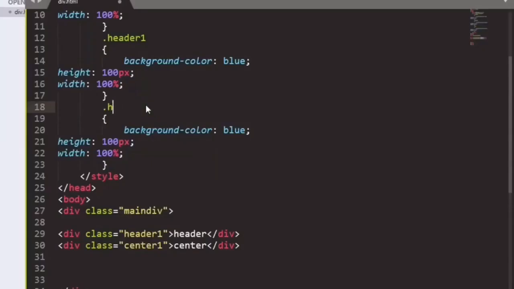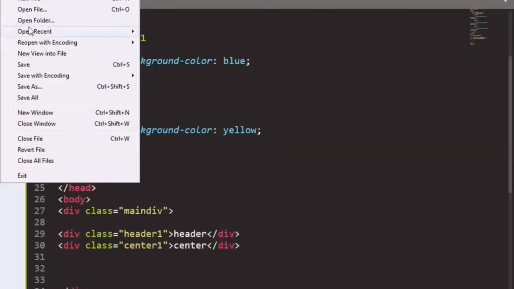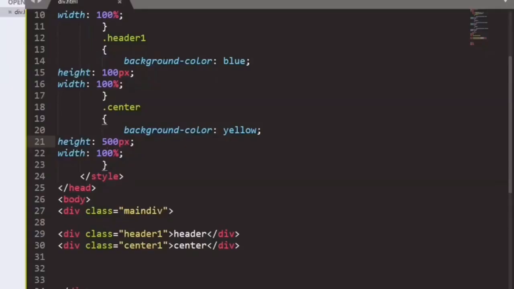Suppose my value of the class name is center. I am giving the color that is yellow. And now after saving the file, we can go to our output.